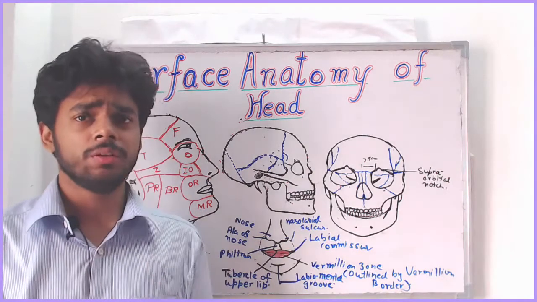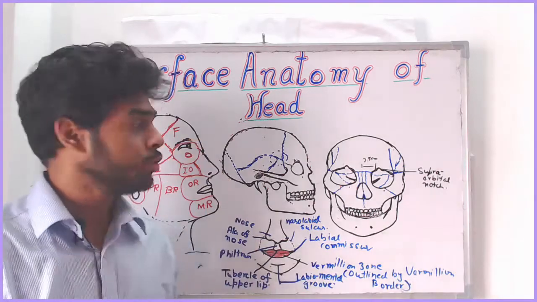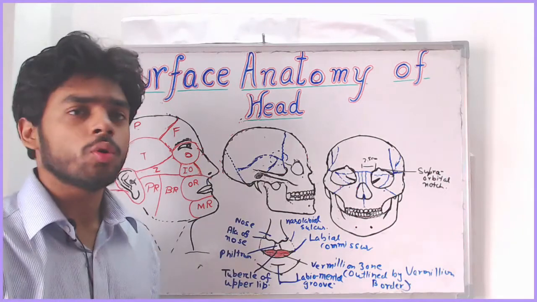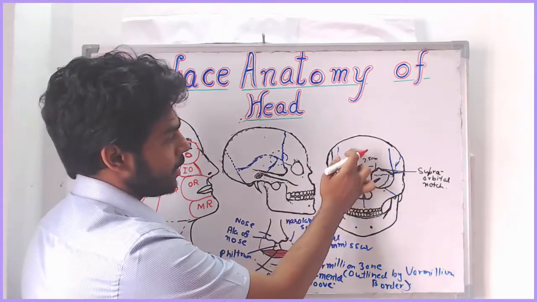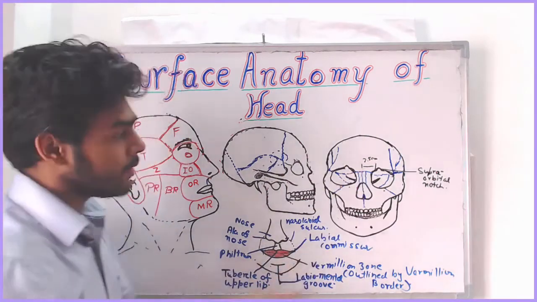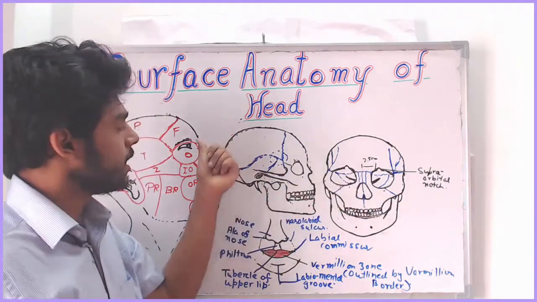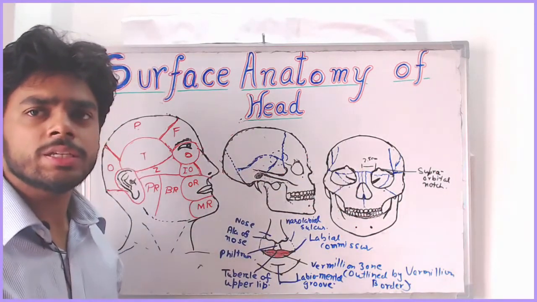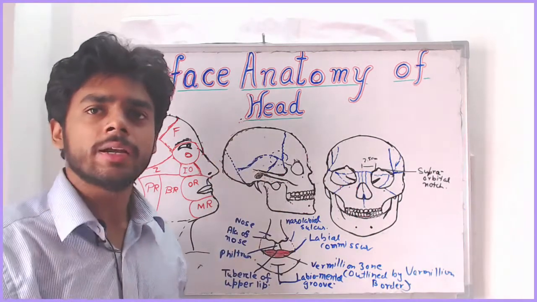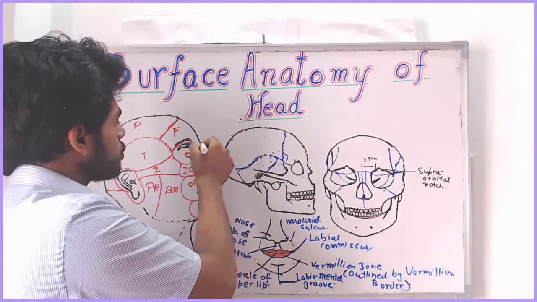Then we studied the nasion. The deepest portion, or the depression which you can feel here, is the nasion. Here there is a frontonasal suture: you can see the frontal bone and this is the nasal bone. This suture is called the frontonasal suture, and at this point we have the nasion. After the nasion we have the glabella. The glabella is above the nasion, because the nasion is at the root of the nose and the glabella is a little above, or superior to, the nasion.